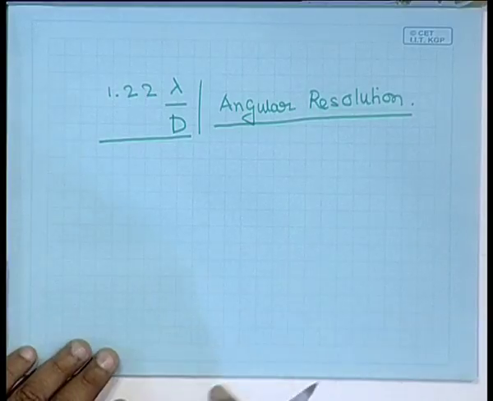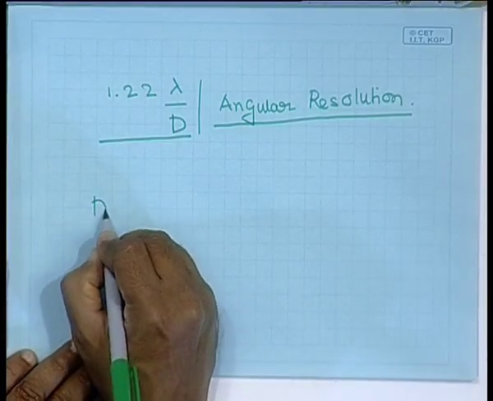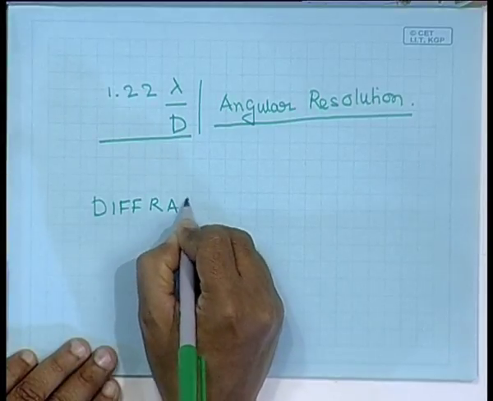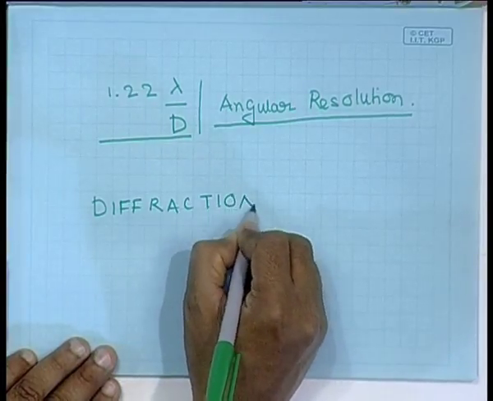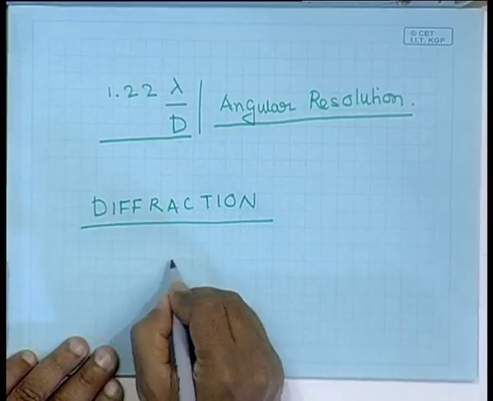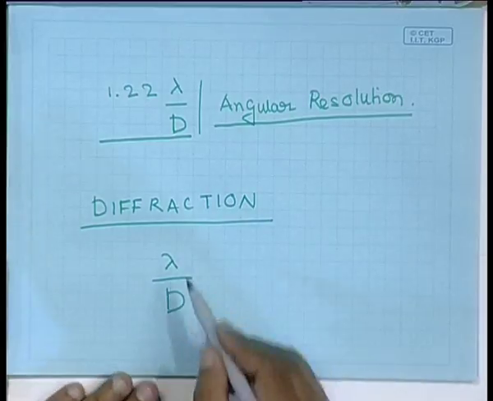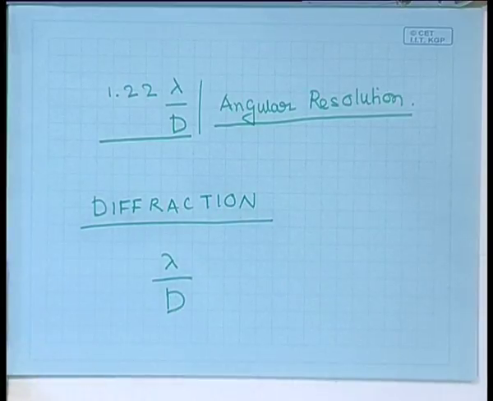So, this is what is referred to as the angular resolution. For all optical instruments, there is always a finite angular resolution, and the angular resolution of optical instruments is set by diffraction. It is typically of the order of lambda by d, where lambda